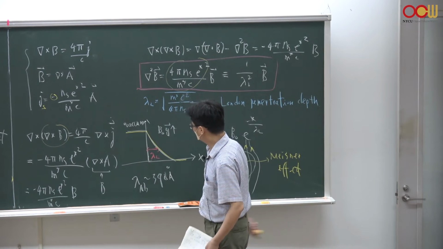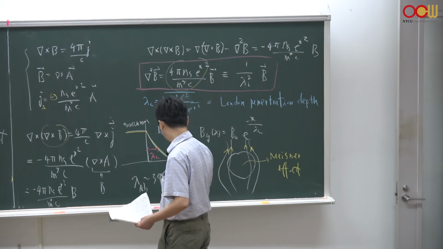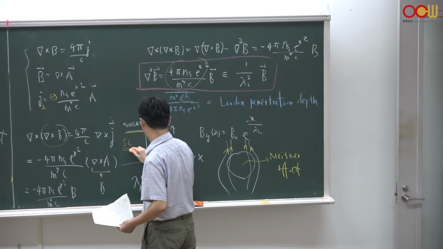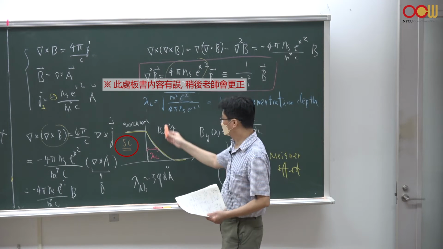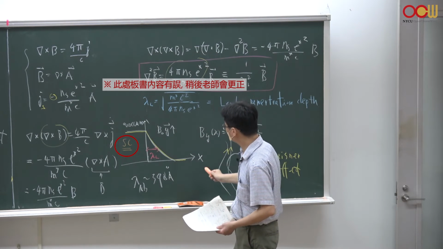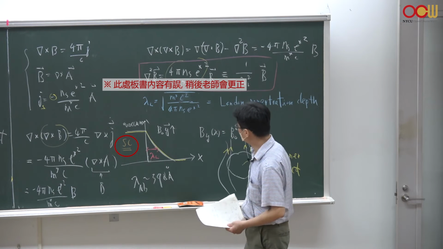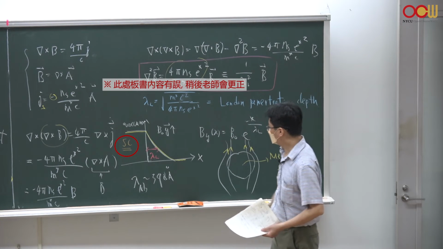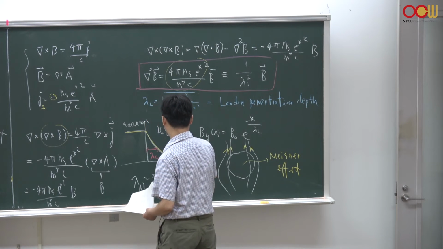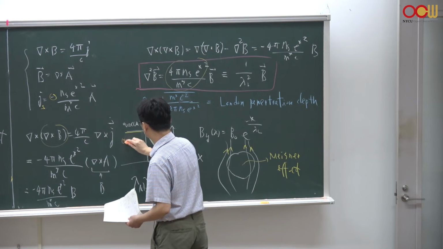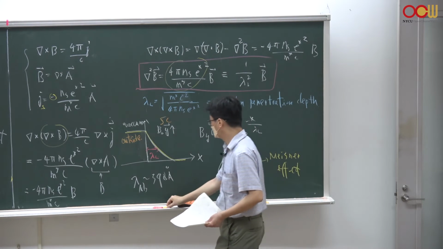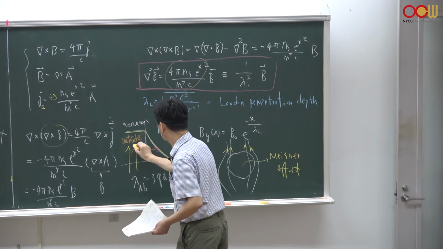So if you solve this equation for this particular case where on the left-hand side of x you have a superconductor, and the magnetic field that you apply to the system points in the y direction, you can show that the field strength decays exponentially inside the superconductor. This is outside. So you apply the field everywhere